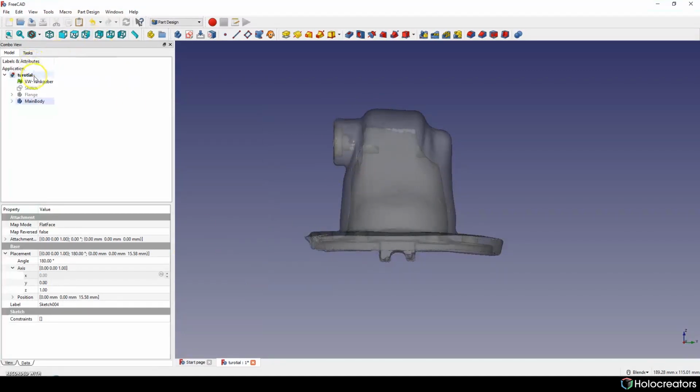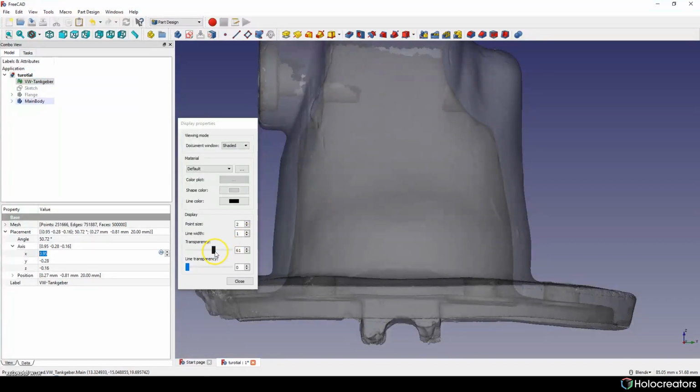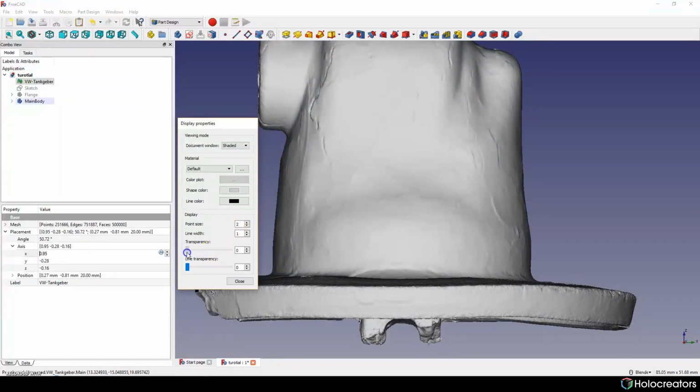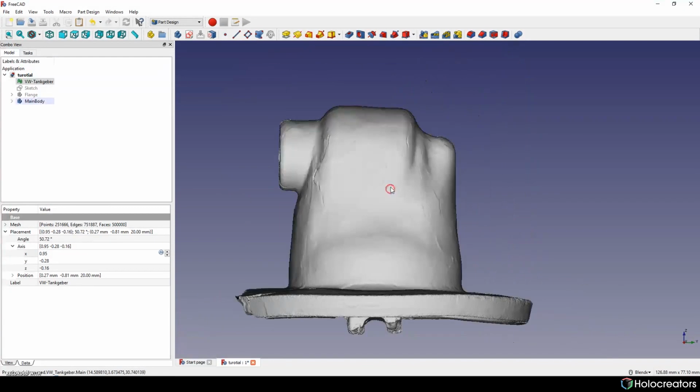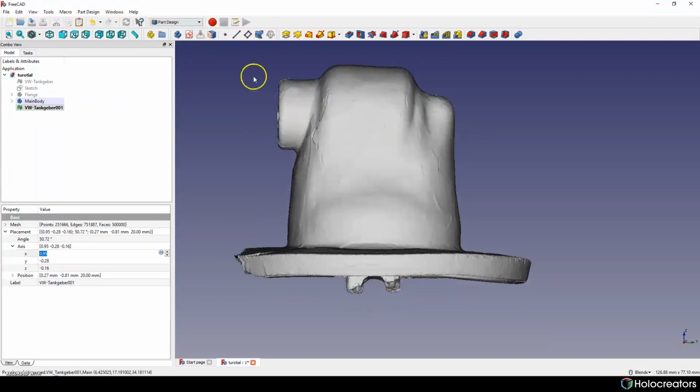Actually, we don't need it to be transparent for now, as it actually slows down the computer, so it's a good idea to turn transparency back to 0. Also, in future we will need this part, so we need to copy this and paste. So to make a cut here,